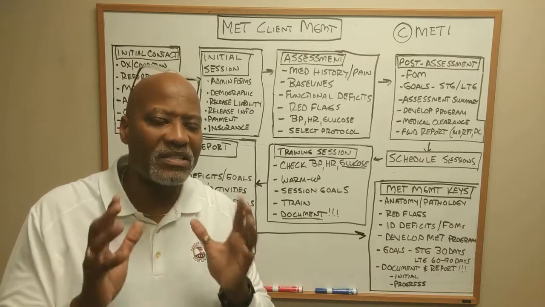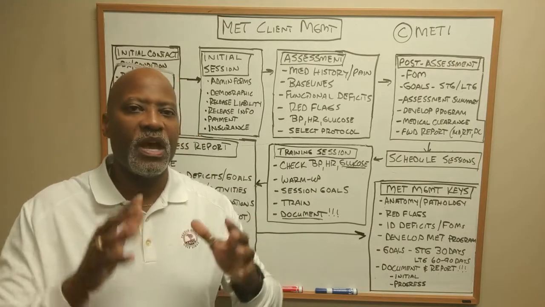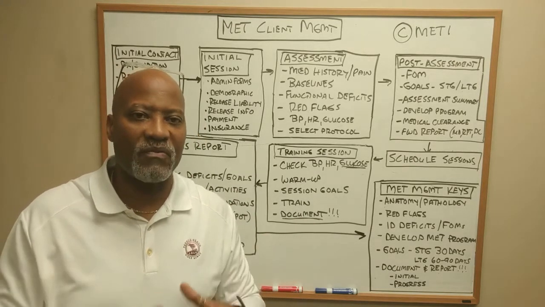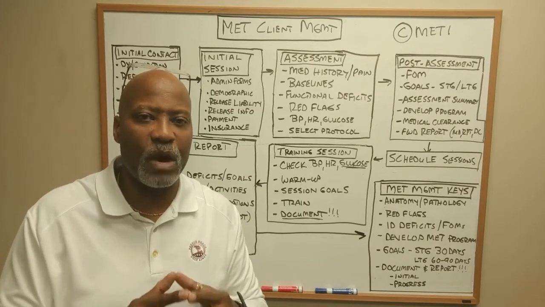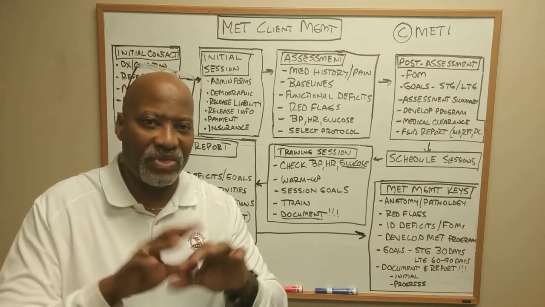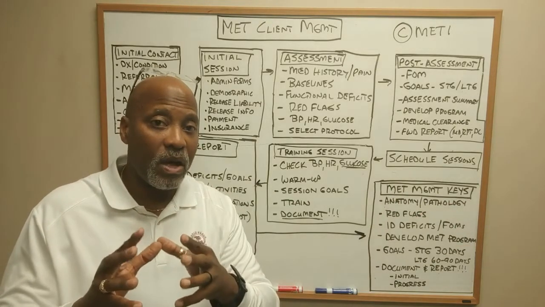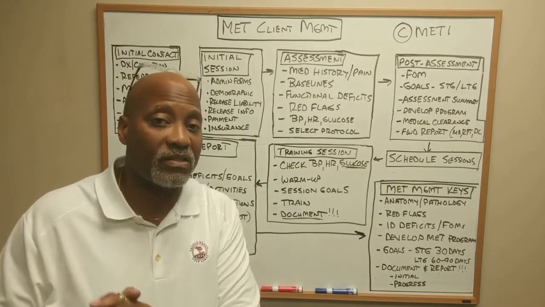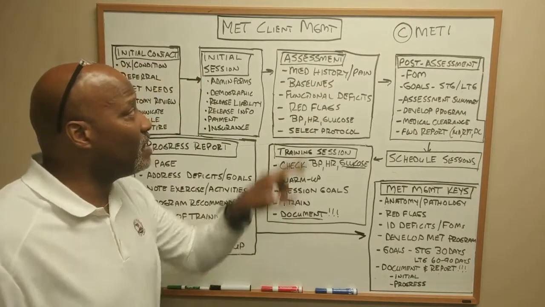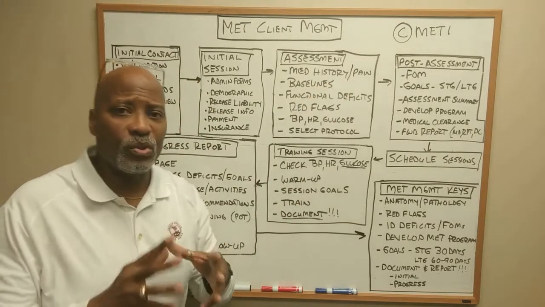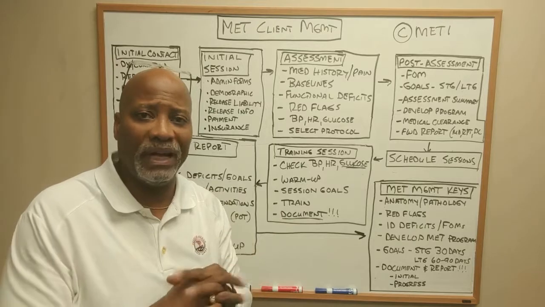The key concept with the whole medical history is their current tissue tolerance level. What can they tolerate right now with regard to exercise? And with that history, it will give you an idea of where they come from, where they are now, and also gives you an idea of what they can tolerate as far as exercise goes. So we've got to get that medical history. One thing don't do in the medical history is chase down pain.